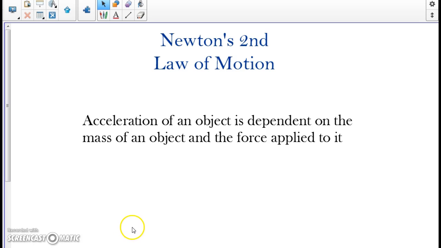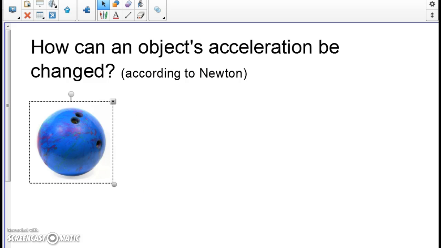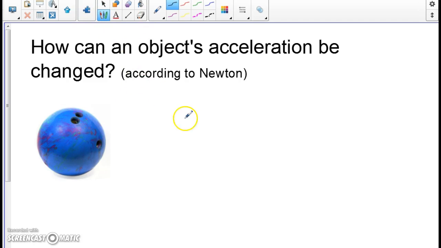Some of you might be saying, oh yeah, I understand that, and some of you might be saying, I have no idea what this could possibly mean. So let's explore it a little bit further. If I have this bowling ball here, how can I change the object's acceleration? One way could be to change